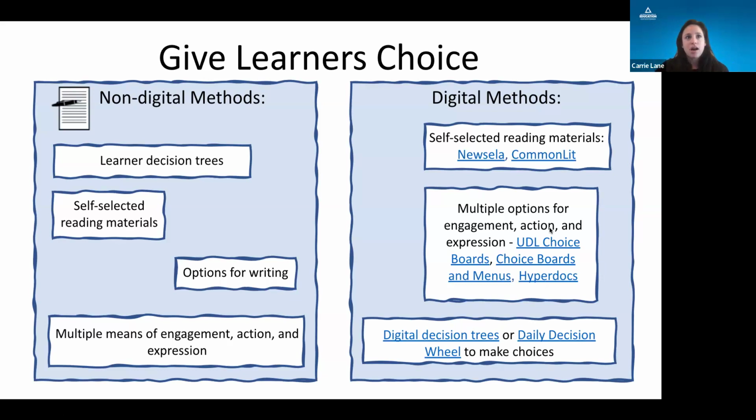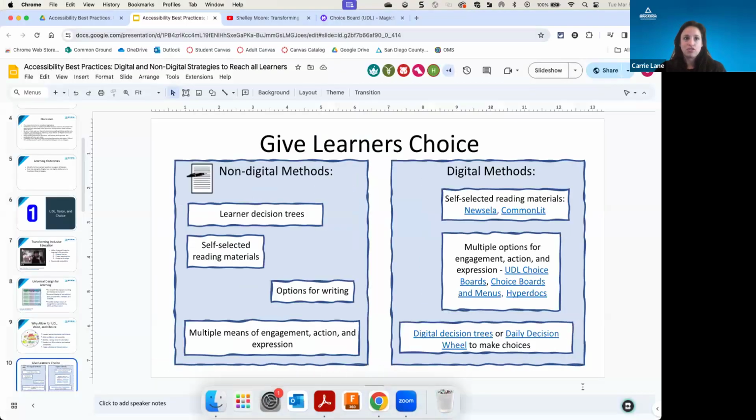And so just a couple of different digital methods that you can do. I put some sites here in case you want your students to select their own reading materials. And then a new tool that is really useful for creating choice boards is an AI tool. So I want to preview that for you, and we will take a look at that. And then I put here an app and a website where you can have your students make decision trees, or